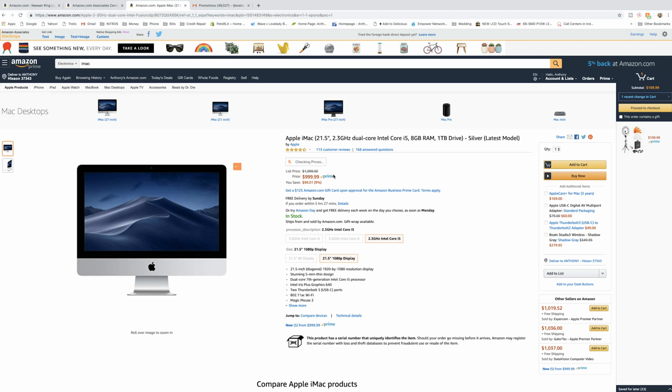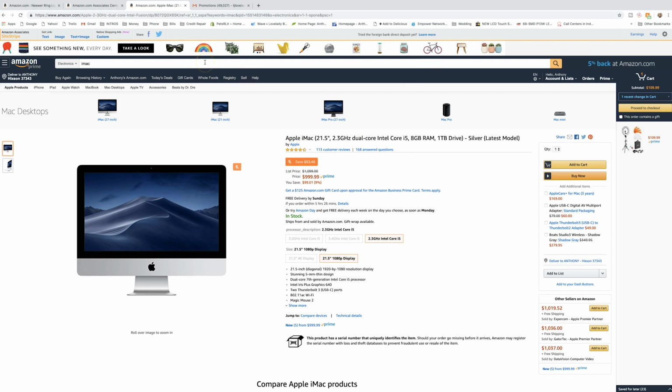The way Amazon Associates works, you actually get what they call a cookie. Whenever I click on my link, a cookie goes to my browser, and I think it's a 24-hour cookie. So if anybody orders anything within 24 hours, I can click off this page, come back to Amazon later on and purchase this iMac, and you're still going to have my cookie on your machine. So I'm going to get a portion of this $999.